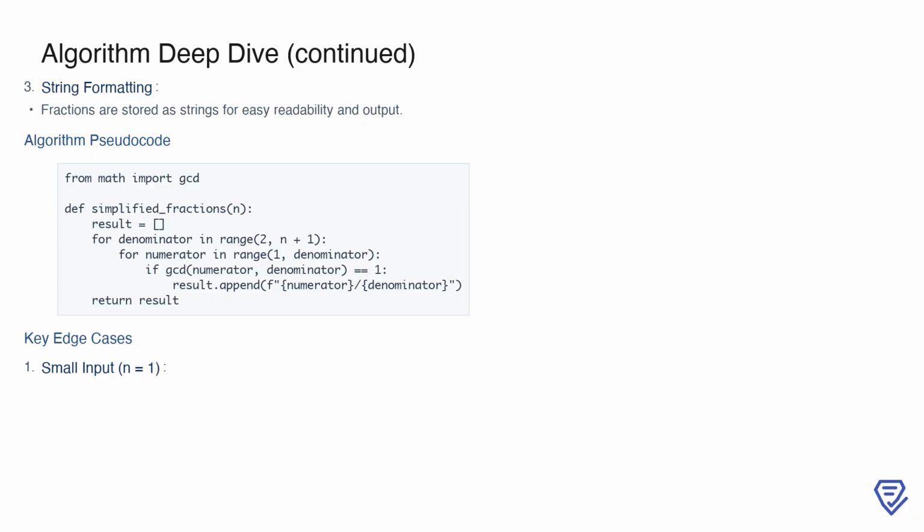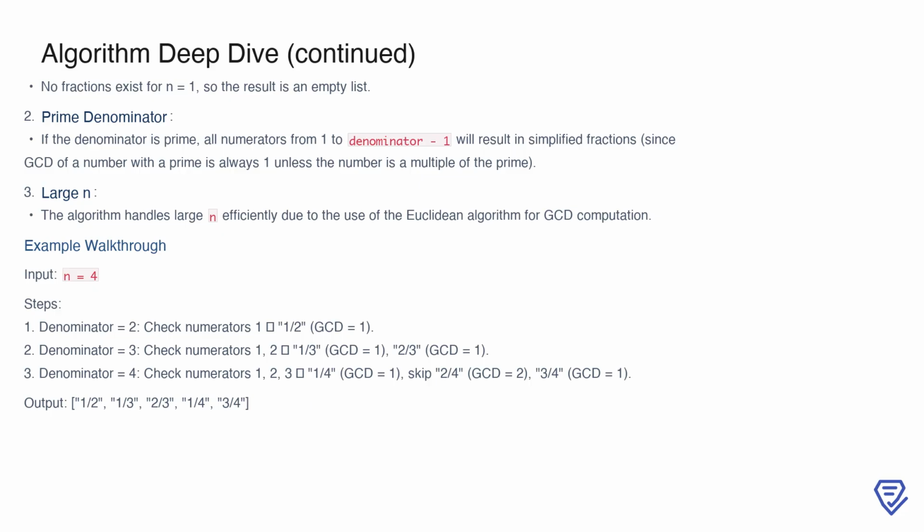When considering edge cases, there are a few important scenarios to keep in mind. For example, when n equals 1, no fractions exist because no valid denominator can be greater than 1. For prime denominators, all numerators from 1 to 1 less than the denominator will result in simplified fractions since the GCD of a number with a prime is always 1 unless the number is a multiple of the prime. Handling larger values of n is made feasible by the algorithm's efficiency, particularly due to the use of the Euclidean